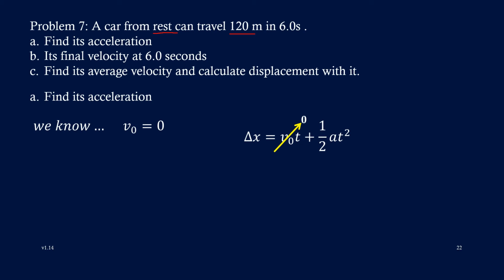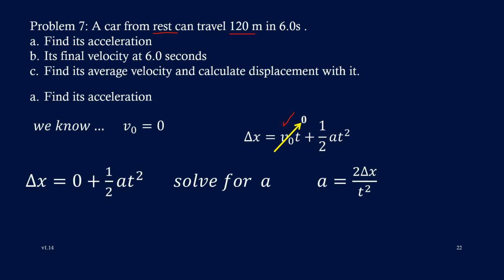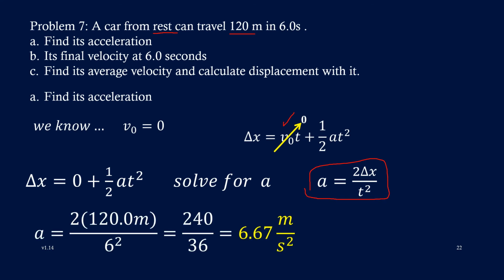Now, because it does equal 0, this term right here cancels out, making the problem much easier. Okay, and so now we just solve for a. And when we solve for a, we get this equation. Then we just plug in what we know. We only know two variables, 120 meters in 6 seconds. Plug them in, and here we get